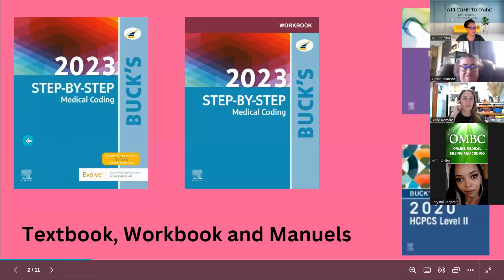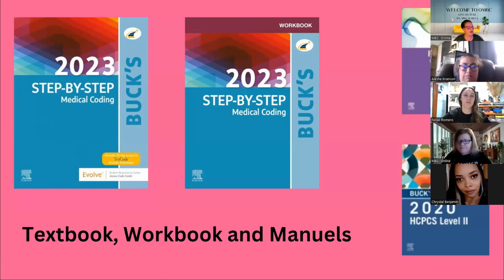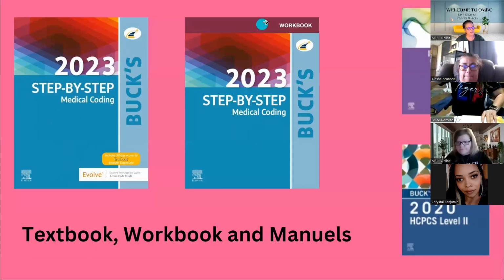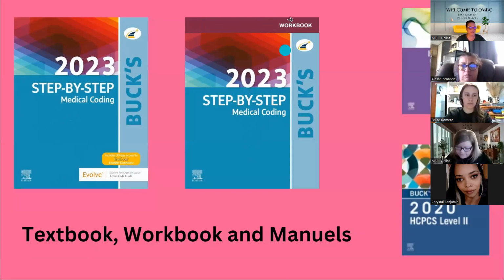This is what your textbook looks like. If you have 2022, if you have 2024, they're all virtually the same thing. Their covers are just a little bit different. The information is still the same, so don't worry that you have to buy new books. You do not. Now you have two textbooks, a textbook and a workbook. How do I know it's the workbook? Because right up here in this little red tab, it says workbook. They look a lot alike, so it's easy to miss, but it does indicate workbook.